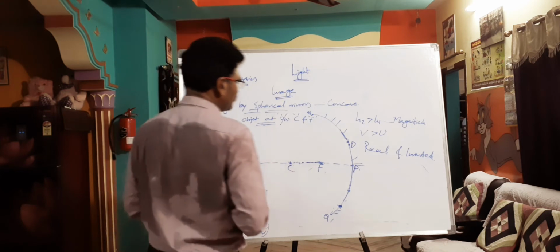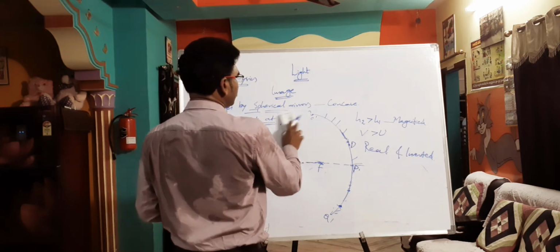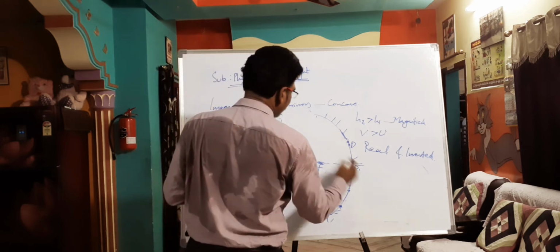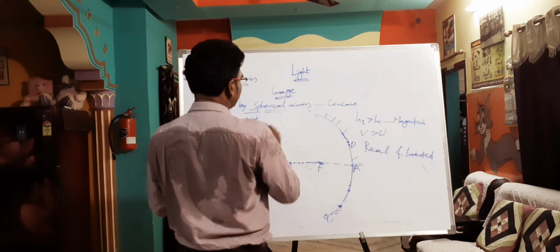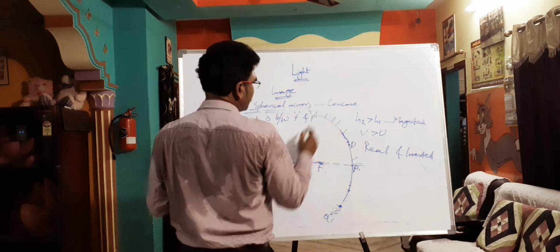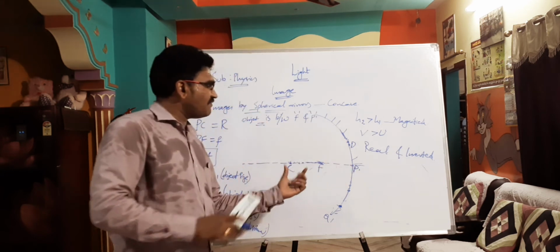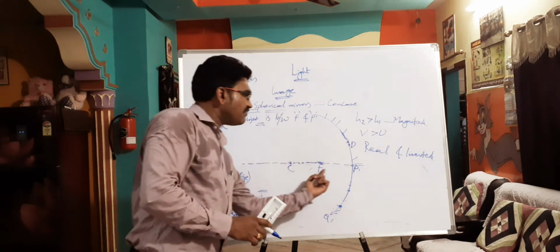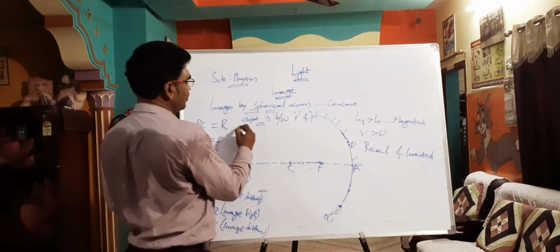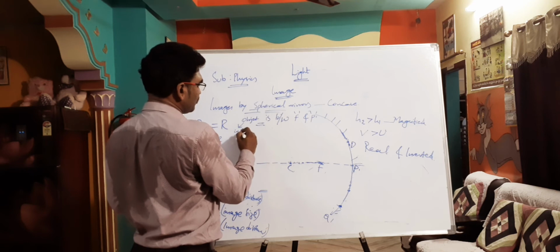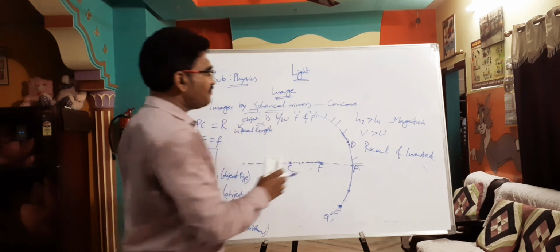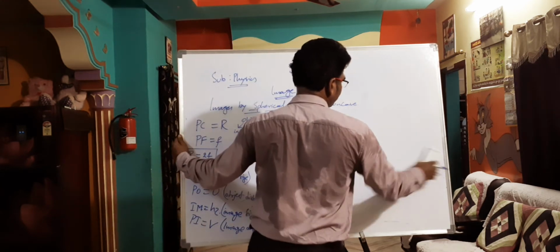Now, you can take the object at F. This is another condition. Let us take one condition, that is, the object is between F and P. When the object is between F and P, it is in the focal length. That is, you should understand, the object is in focal length. Then what type of image are you going to get? That we will check here.